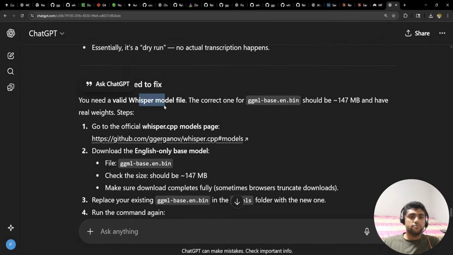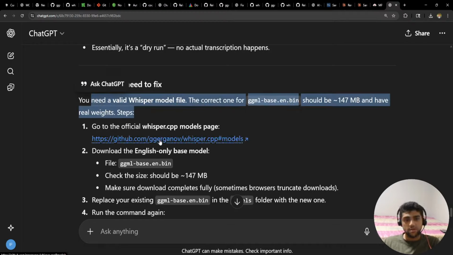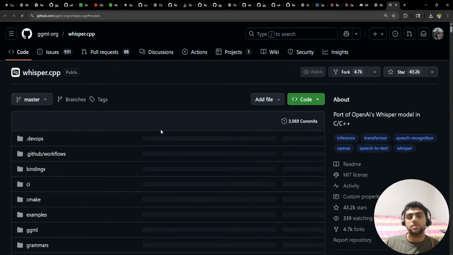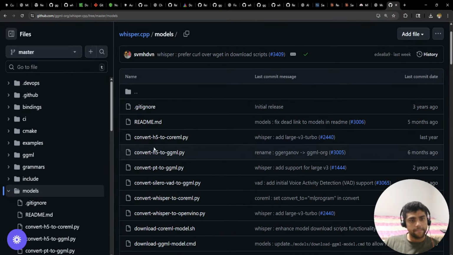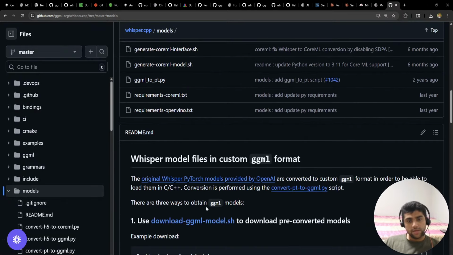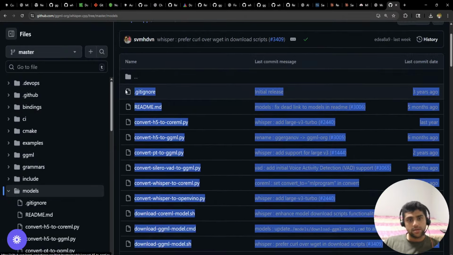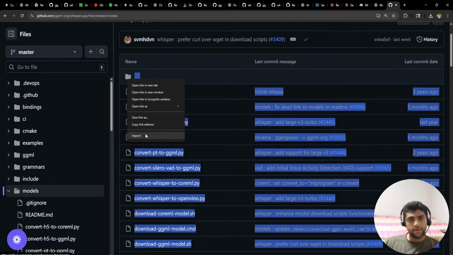What you need to fix: you need a Whisper model file. The correct one is that one. It should be 147 MB and have real weights. Steps, go to this one. Now the thing is, I keep telling you that the models here don't exist. These are the only models that, just copy that and,